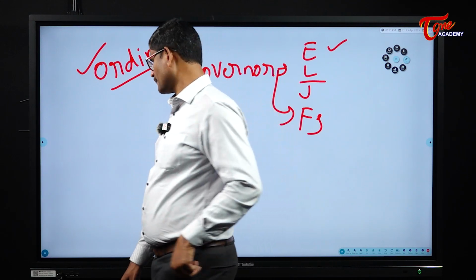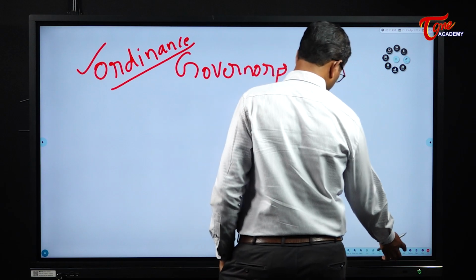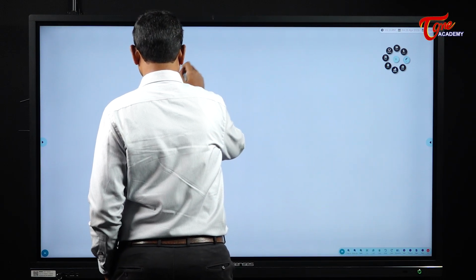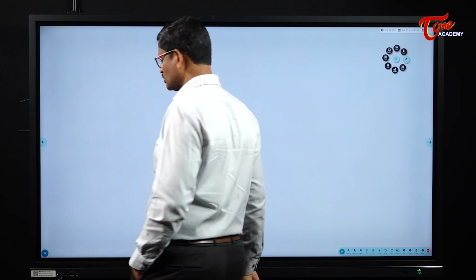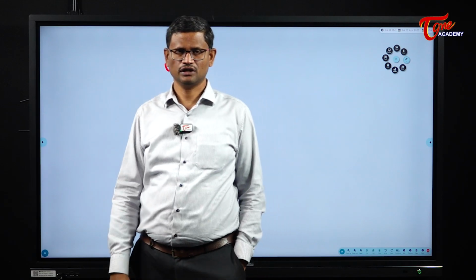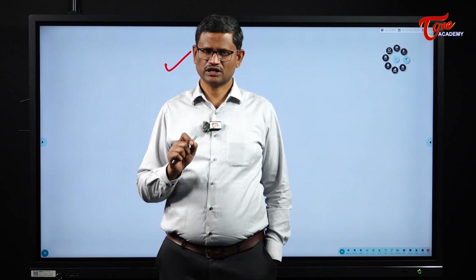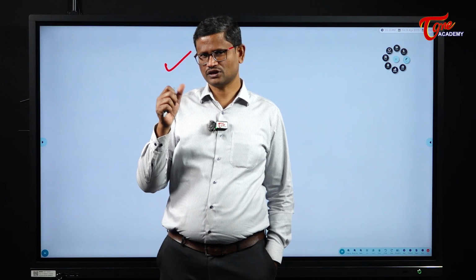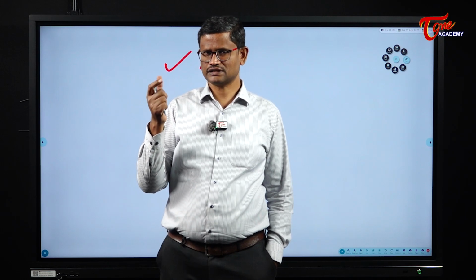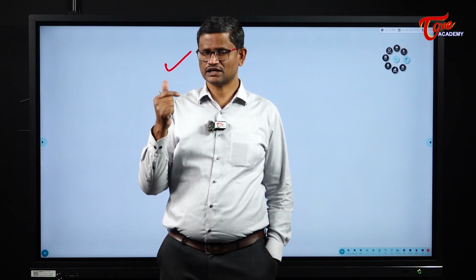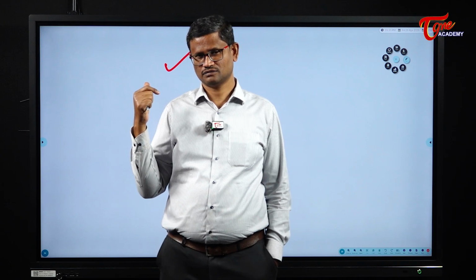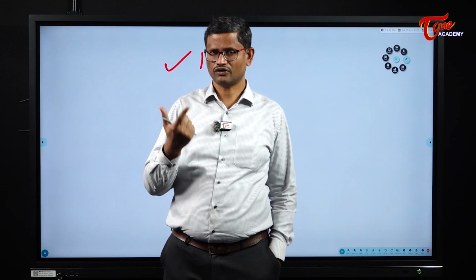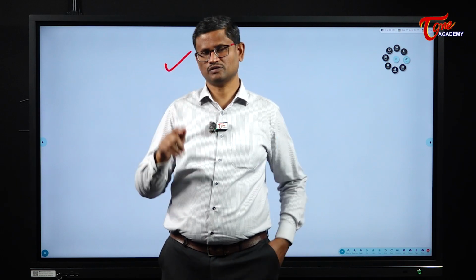So here the governor enjoys, what are the options before the governor when a bill reaches him? This has been in the news, that we will discuss now in detail. So a bill which is passed by the state legislature, if it goes before the governor for assent, the governor can say no, the governor can say yes, the governor can send it for reconsideration to the state legislature. The fourth option is the governor can reserve it for the consideration of the president.